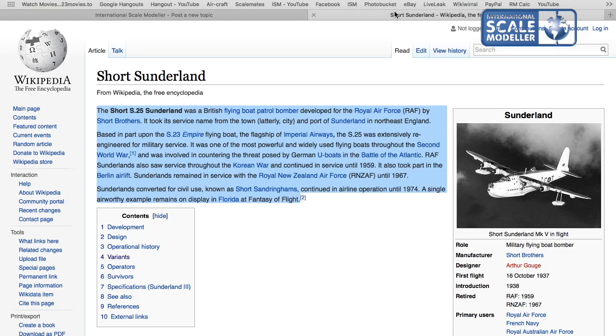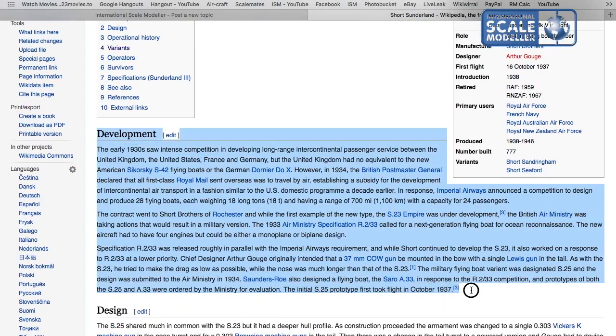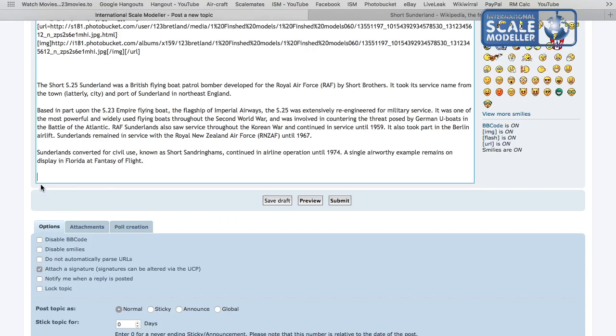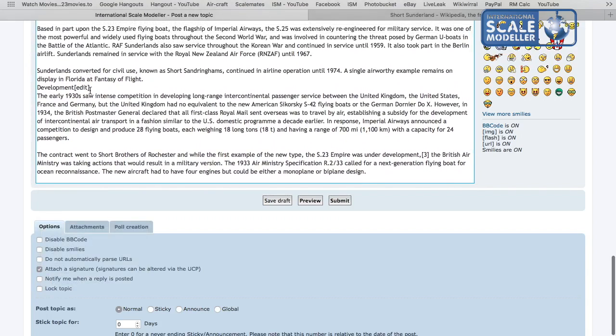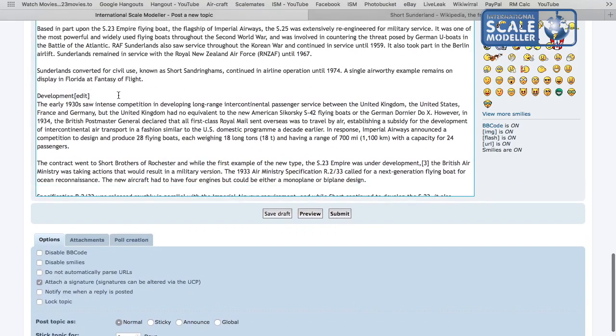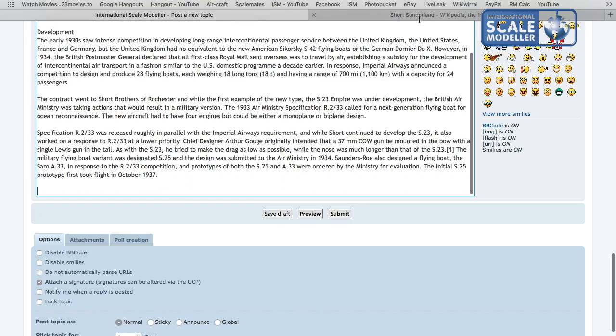So we're just going to pick and choose information. So there's very basic information about it. We'll have the development one as well. So we'll catch that. And then we'll have the armament section as well. I don't want an absolute ton plastered all over the forum. So just be aware of what's written on. Get rid of anything you don't need, like these numbers, because they refer to pictures. We don't need those. Like so. One at the bottom there. We'll get rid of that, and then I just want that little bit